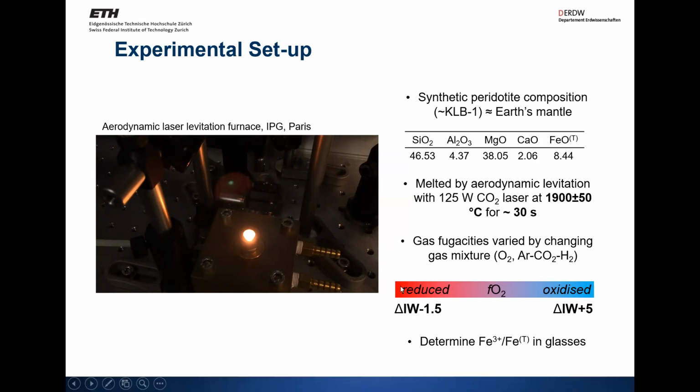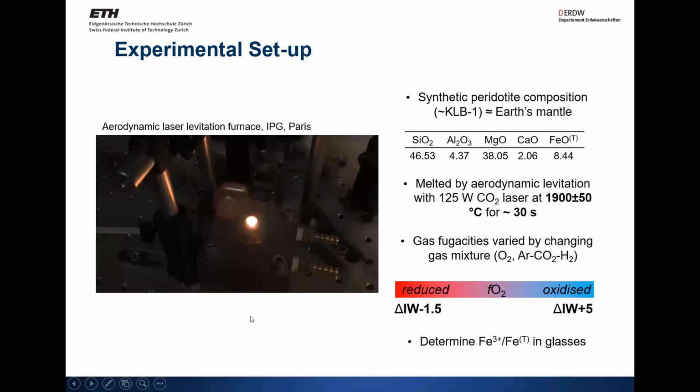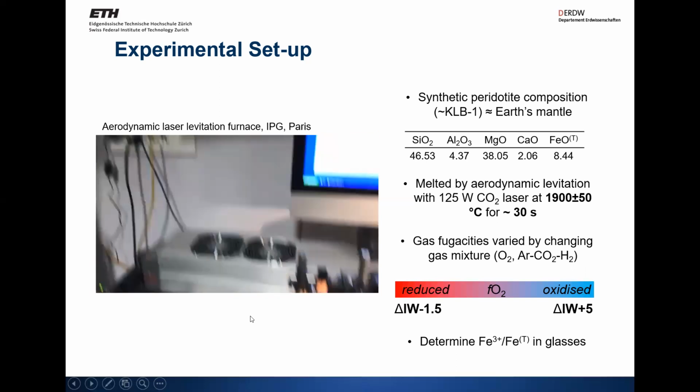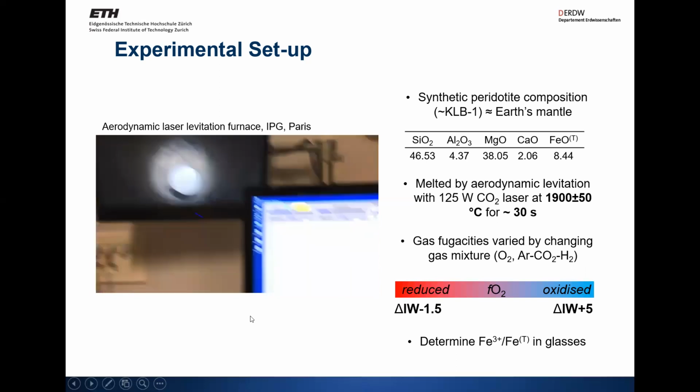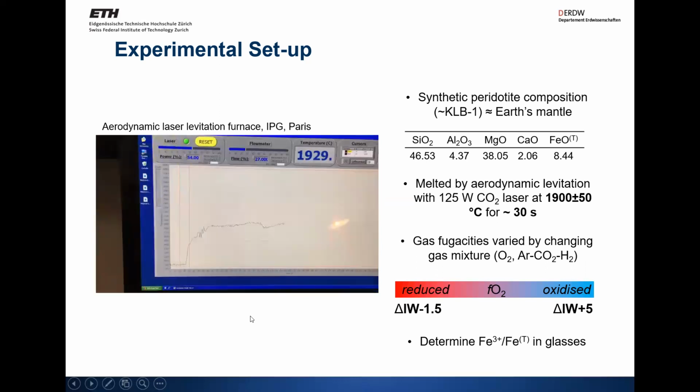And then we heat them up together, cook them up together in different gas streams, which we control by varying the flow rates of CO2 and H2 in the atmosphere surrounding our miniature Earth. And with this, we can explore a range of possible oxygen fugacities in the atmosphere. So I'll just show you how this works. We have our system here, and it's heated by a CO2 laser at 10.6 microns. And you can see here the temperature we achieve is in excess of 1900 degrees Celsius in our floating Earth.